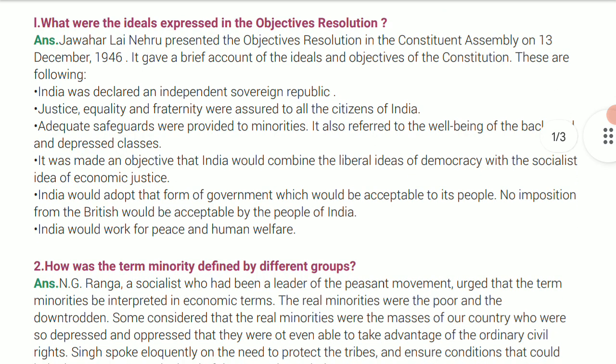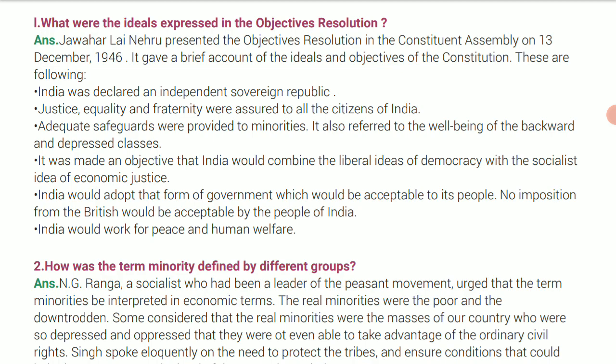First, India was declared an independent sovereign republic. It was the first time in the Objective Resolution. Justice, equality and fraternity were assured to all the citizens of India, and adequate safeguards were provided to minorities. It also referred to the well-being of backward and depressed classes, and this resolution was made an objective